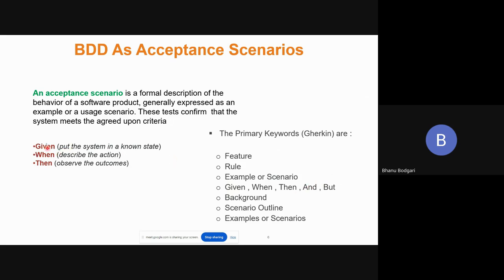Whenever we make a scenario, first we need to understand what is the current state of that particular flow, of that particular example. So given what is the current condition, that is what we need to write. Let's say given user is already logged in, given user is on so and so page, if it is a web interface, given user has already done so and so, and when user